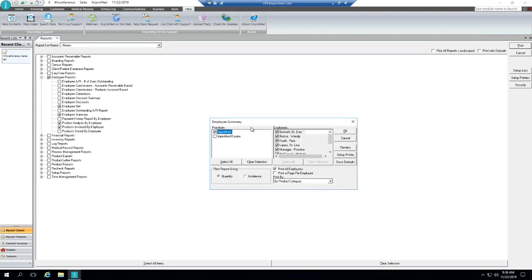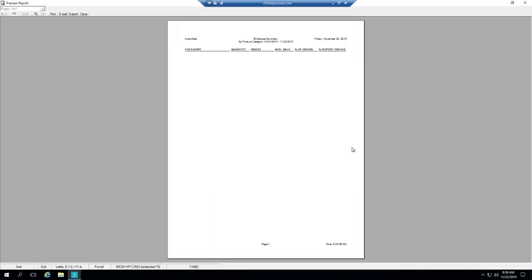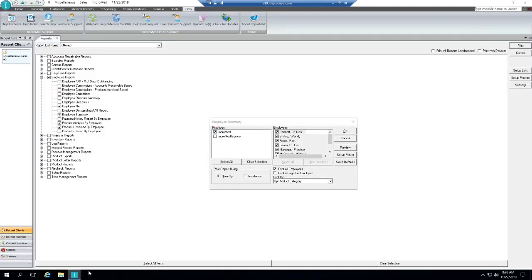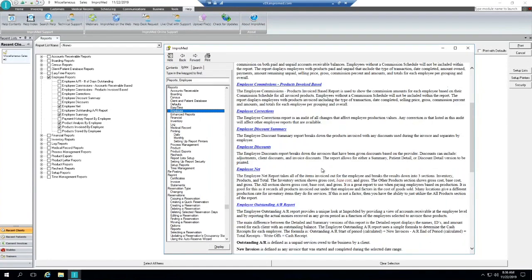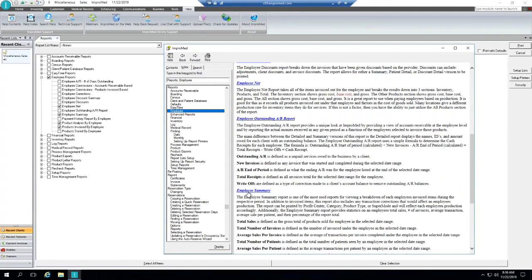Next one is employee summary. Again, select your practice, employees, if you want to print all or not, print a page per employee, so if you're separating them, and your report using quantity or incident. So if I preview, again, mine's just a test database, so I don't have anything. If I go back to the help text and select the employee summary report,